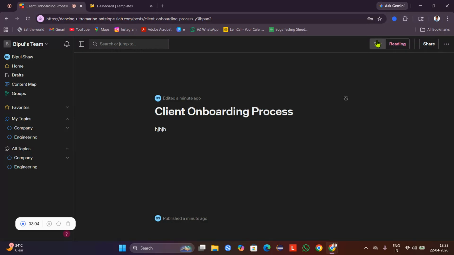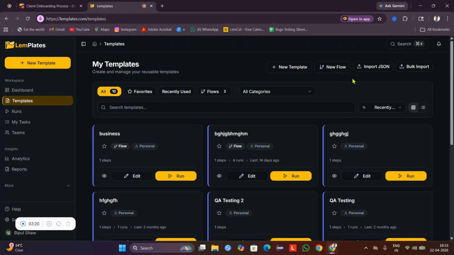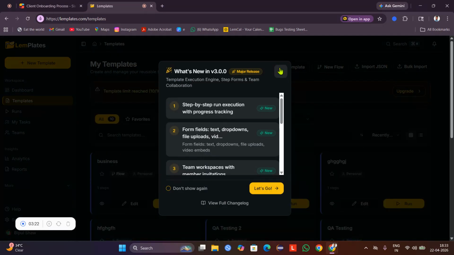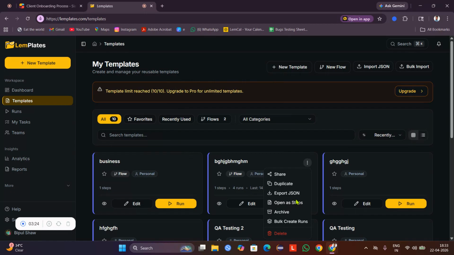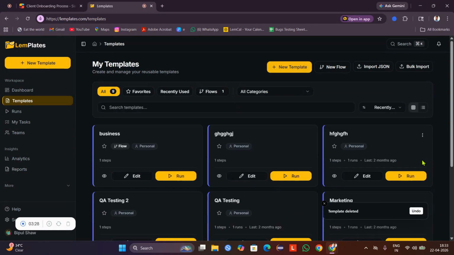So if I show Lemplates, you can see here I'm on the dashboard page of the Lemplates tool. So I'll just create a template. I'll go to templates here and try to create one template. Okay, these templates are not mandatory, so I'll just delete these templates.